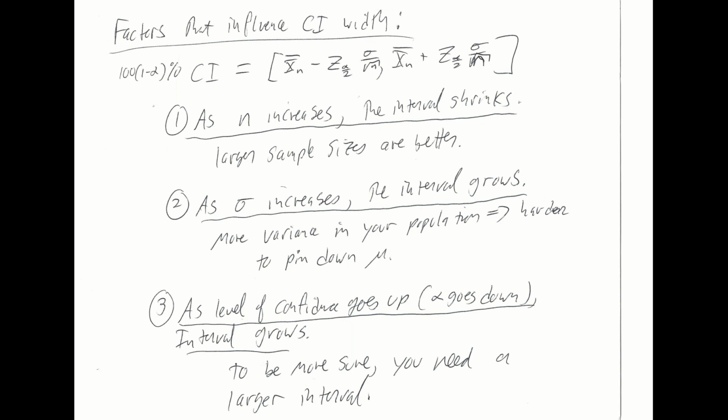If you look at our equation here with the 1 minus alpha, that would require alpha to be smaller. That's going to make your interval wider as well. So the more sure you need to be about your estimations, the larger the interval is going to have to be. So I like to use an analogy here